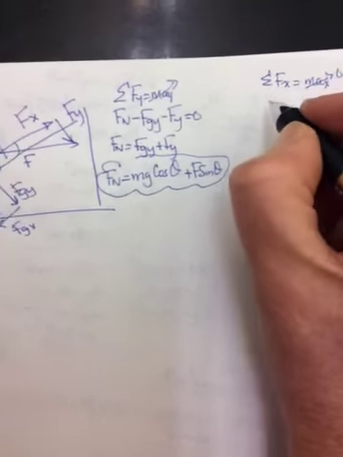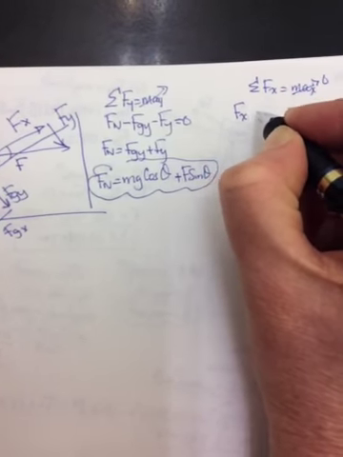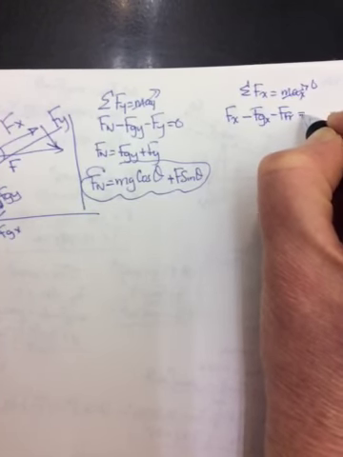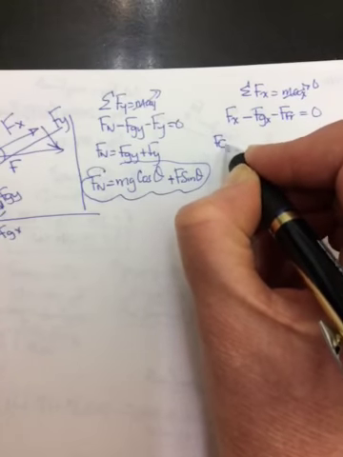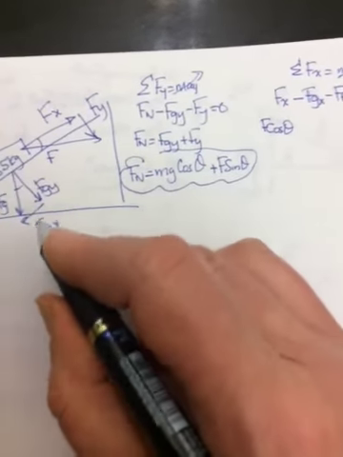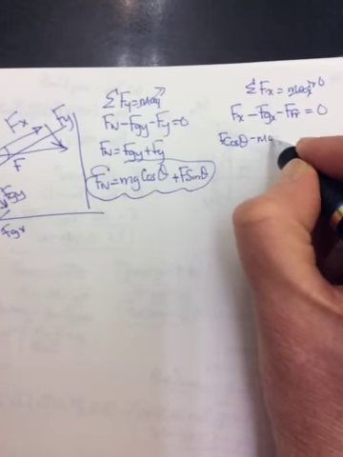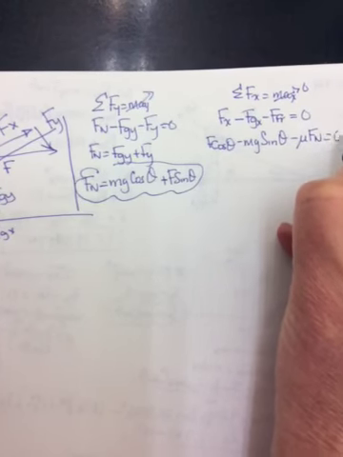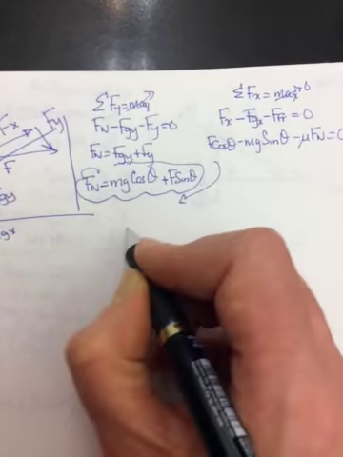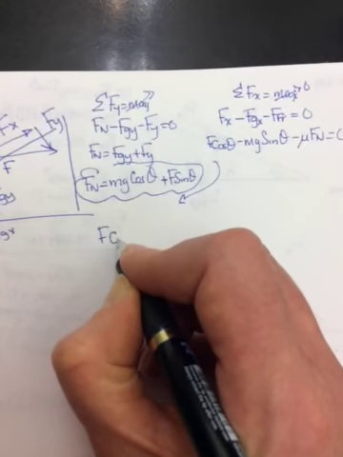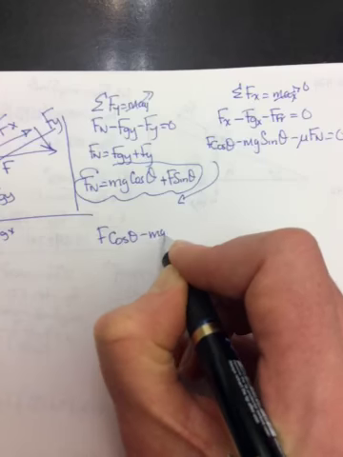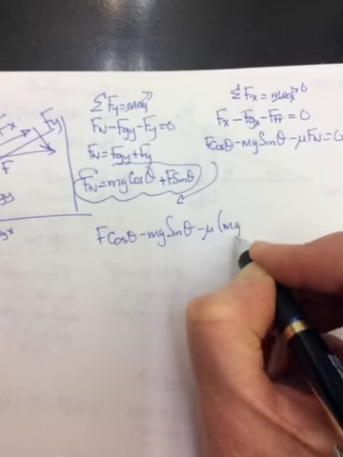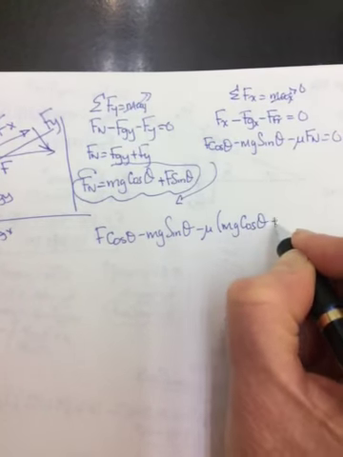This goes to 0. So we have going up the ramp Fx, going down the ramp Fgx, and friction. And that's going to be equal to 0. Fx is F cos theta. Fgx is mg sine theta minus mu Fn equals 0. But this is Fn, so I need to go down here, just because I won't have enough space over there. So F cos theta minus mg sine theta minus mu brackets mg cos theta plus F sine theta